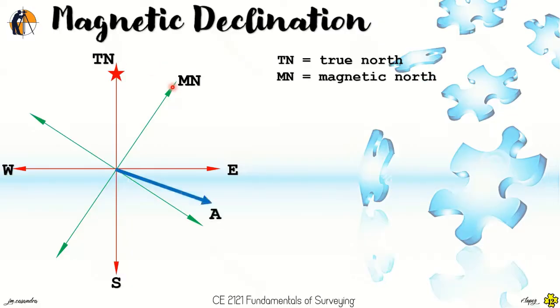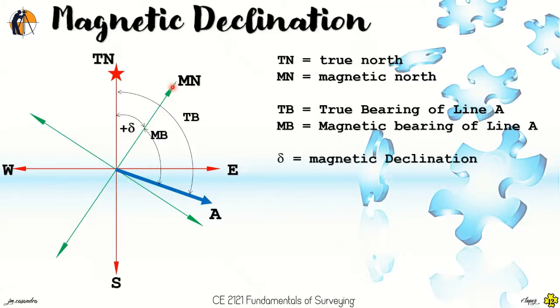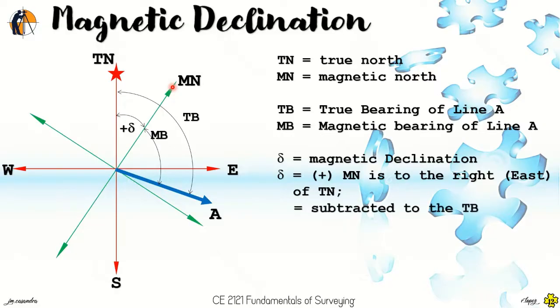So to understand magnetic declination further, let's say we have here your true north and your magnetic north. So let's have line A to be measured. The angle between the true north and line A is your true bearing, and the angle between your magnetic north and line A is your magnetic bearing. As we have said, the angle between your true north and your magnetic north is your magnetic declination, in which a positive declination means that the magnetic north is on the right side or to the east of our true north, and a negative